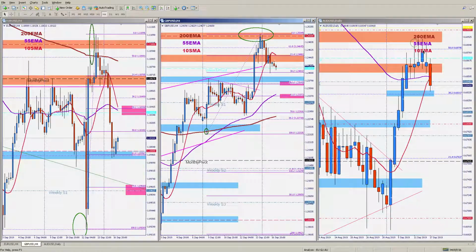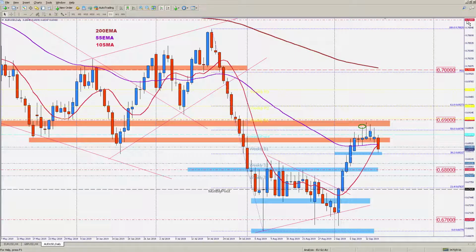Let's move on to the Aussie dollar. After 4 attempts to break through the 50 Fib retracement level, today it has dropped lower towards the 38 Fib area and below the weekly S1 pivot and the daily 55 EMA as well,